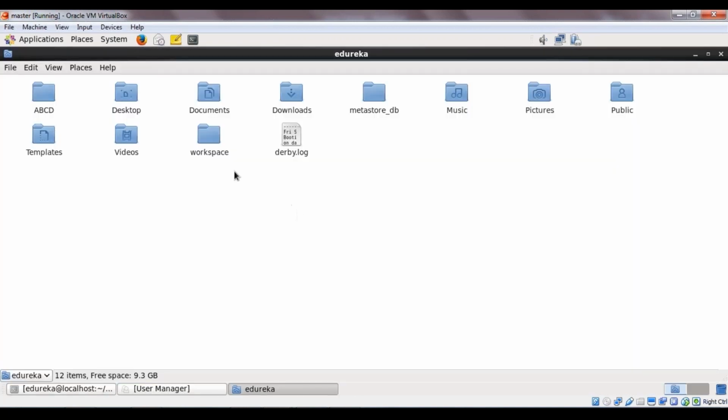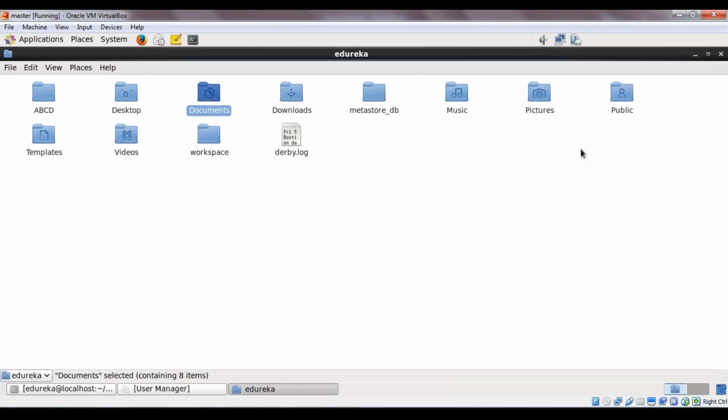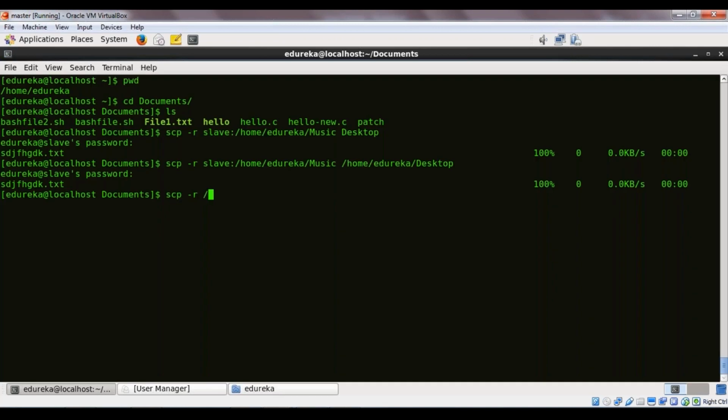Let's go to the Edureka home and choose something. ABCD is an empty folder, so documents is there. In documents I have quite a few files and folders, so I will transfer this documents folder itself to my remote host. I'm going to say slash home slash Edureka slash documents. I'm going to transfer this to my slave, which will capture the IP address of my slave, and the path I want to store it in is slash home slash Edureka slash, let's say I want to store it in